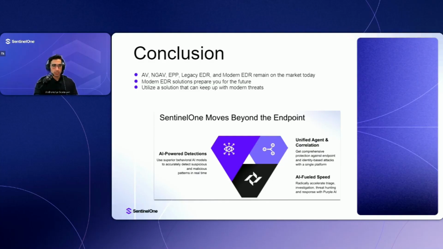Moving over to our conclusion, just to wrap up here, the coexistence of AV, EPP, EDR, and modern EDR in the market can be challenging for business leaders, but understanding their differences is a significant advantage. Legacy AV and EPP products are no longer sufficient for today's threat landscape. While EDR options utilize machine learning, they often don't go far enough to fully enable security operations or leverage available technologies. Modern EDR solutions are the next iteration of endpoint security, offering key advantages in facing the evolving threat landscape.